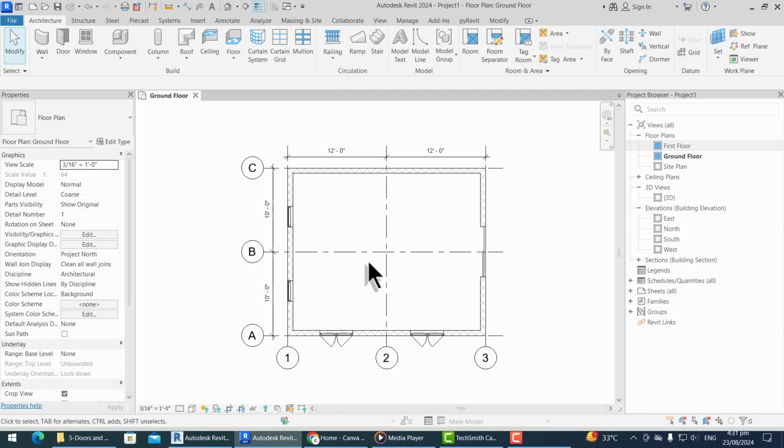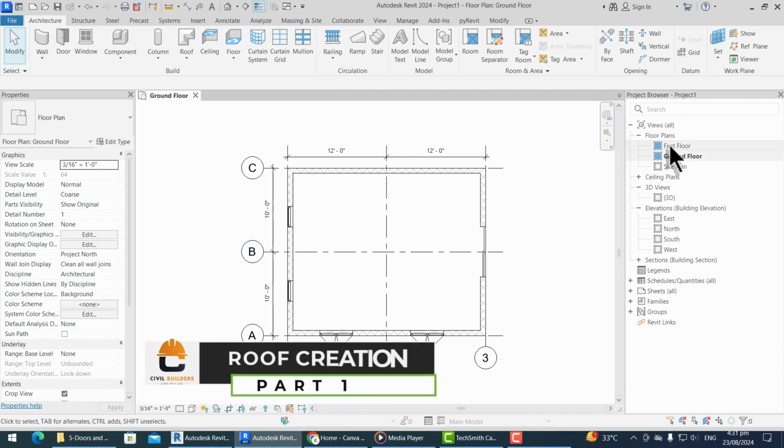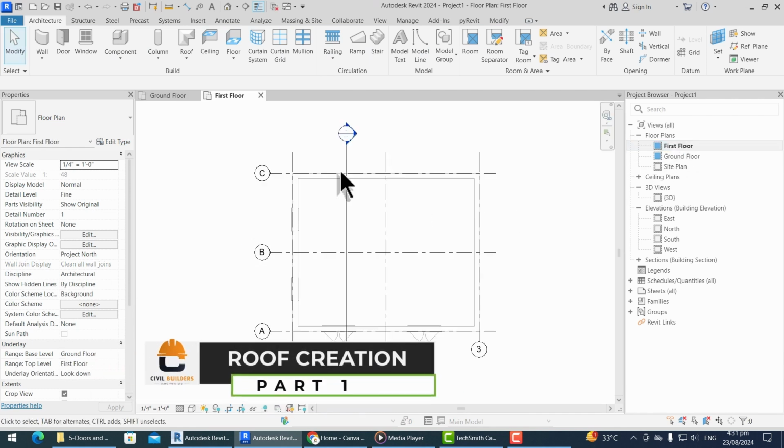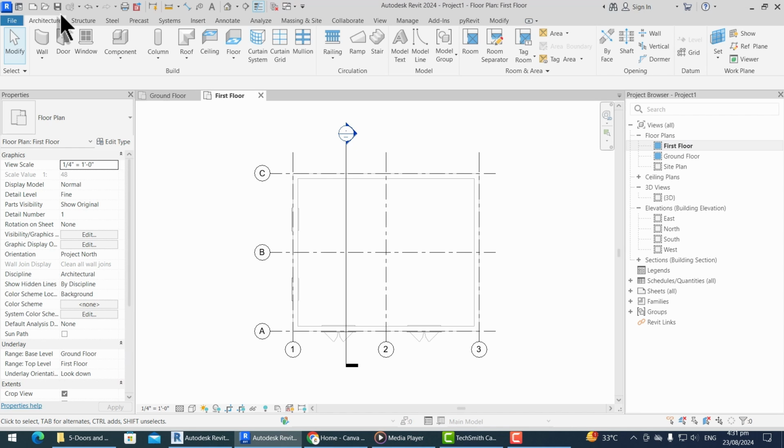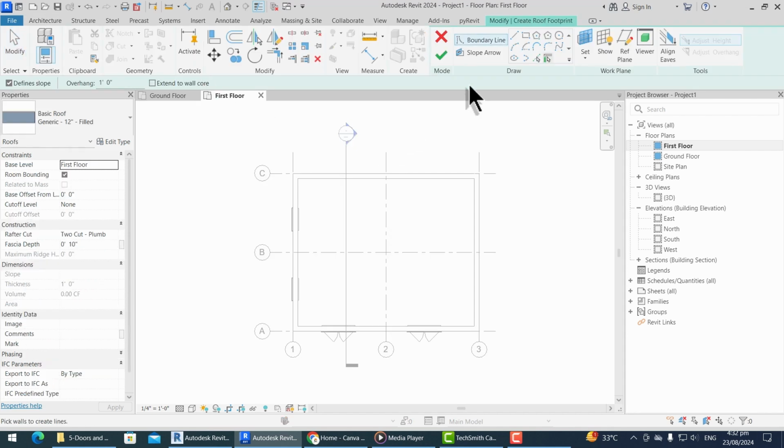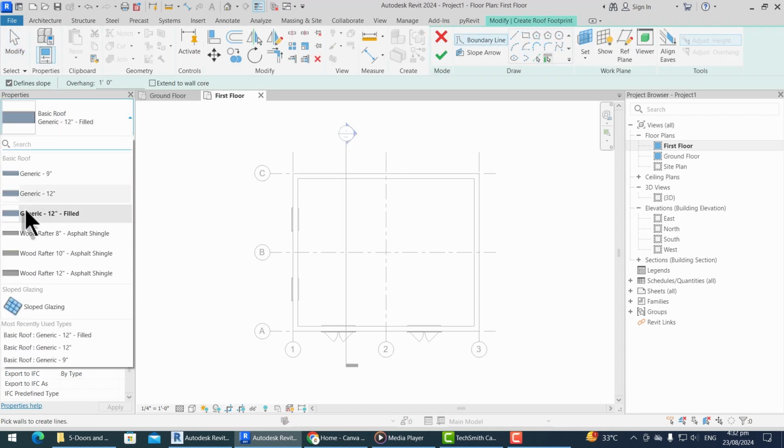Now let's start creating roof. First, navigate to the first floor plan and then head over to the Architecture tab and click on this roof. And from this drop down, choose the first option because it allows us to create the boundary on the floor plan. Select the type of the roof